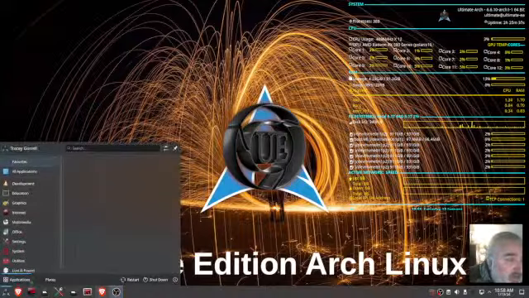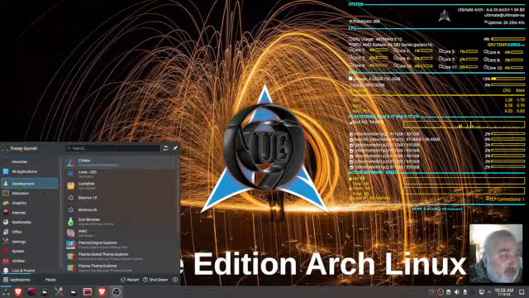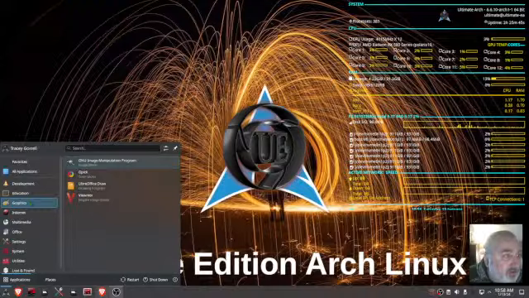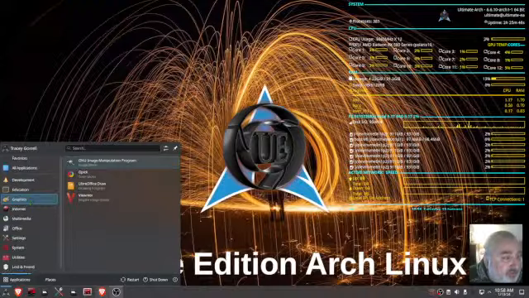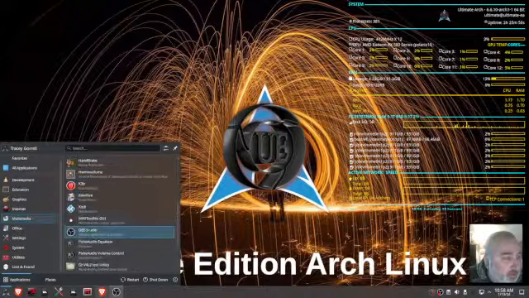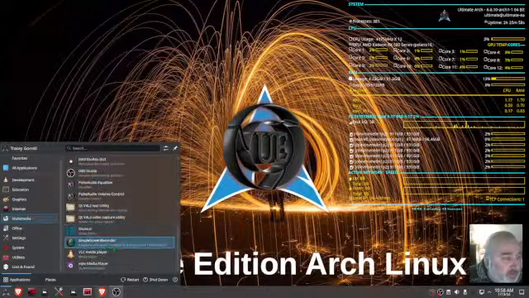It's an out of the box system. It does things that most people would need on their system for editing files, pictures, video. They got Kdenlive on here for videos, VLC.